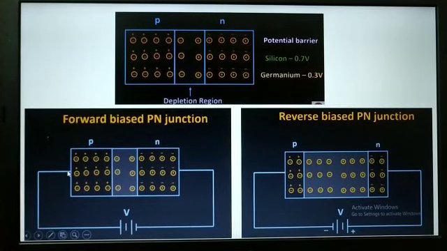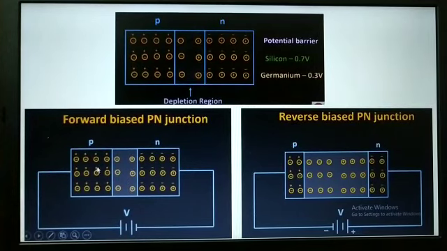Already there are a lot of holes, the majority carriers. So these positive charges combine with them and try to push the depletion region, basically trying to go towards the N region. The same is happening from the negative side. The negative side of the battery is connected to N type, which has negative charges, so they combine and try to go towards the holes of P type. In between, the depletion region gets thinner, right? When these are both trying to go towards each other, the width of the depletion region is reduced. Okay, it is as minimal as it can be.